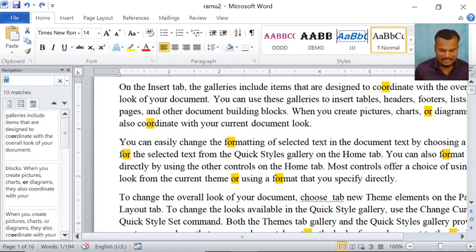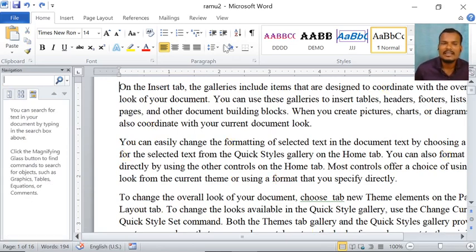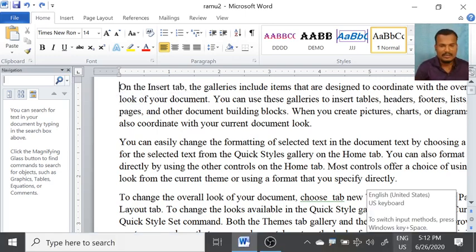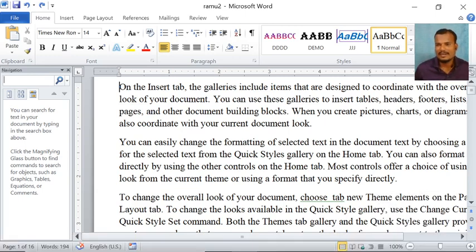Whenever you click on find, a navigation pane automatically appears on the left side of the Microsoft Word window, and in this box we type the word you want to search. For example, I want to search for the word "the" in these three paragraphs.